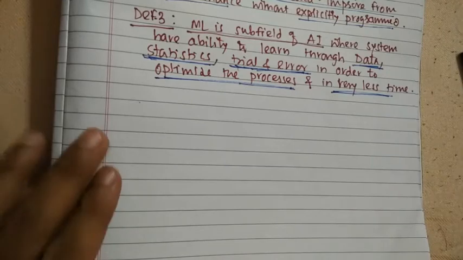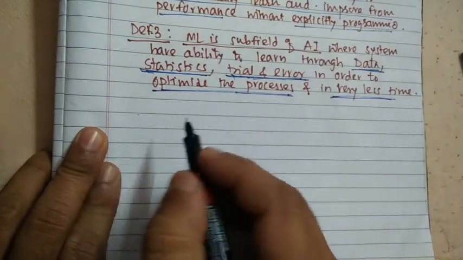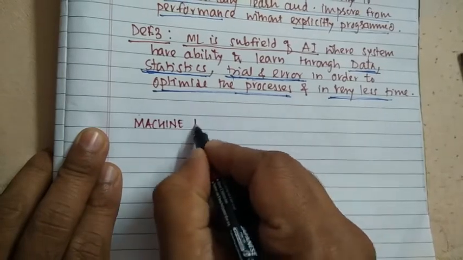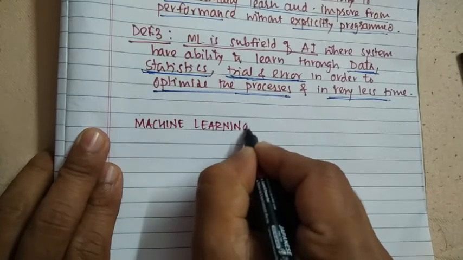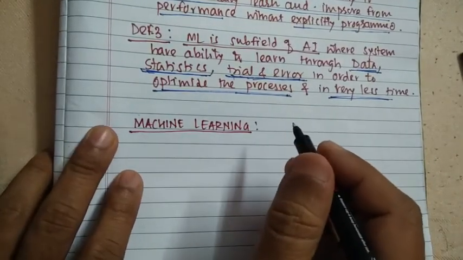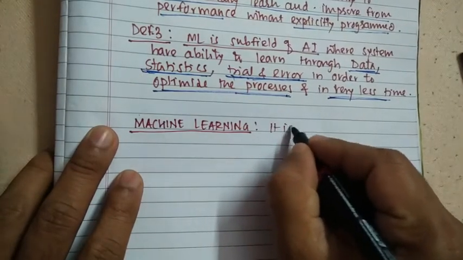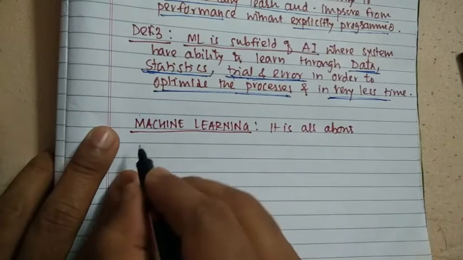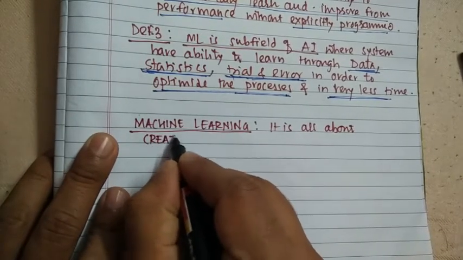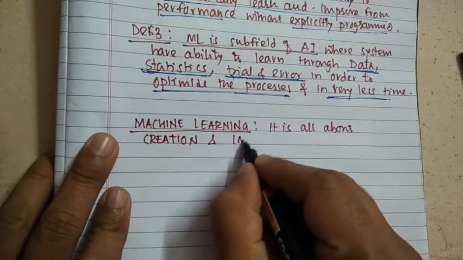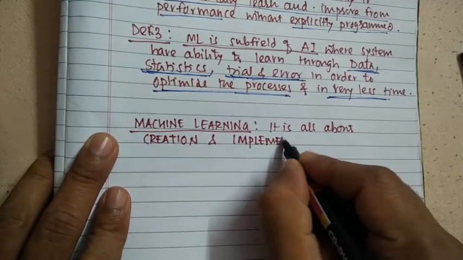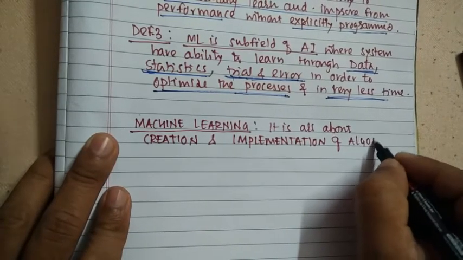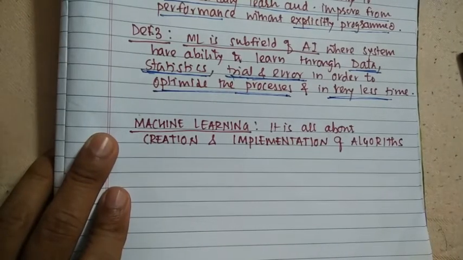Yes, the very practical definition of machine learning: machine learning is all about, and the next one is very important, the creation and implementation of algorithms that